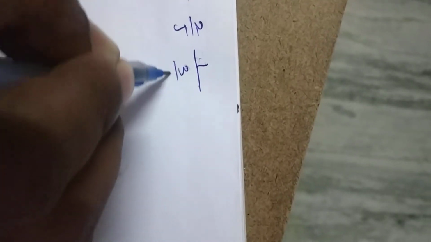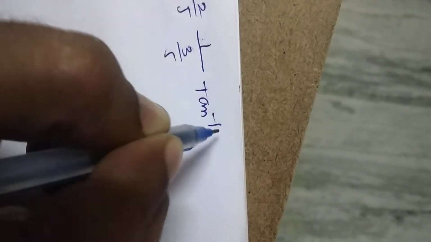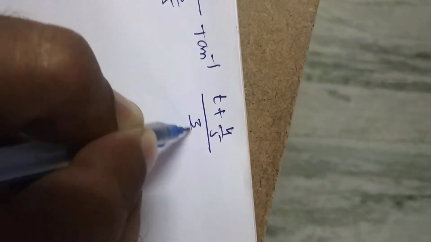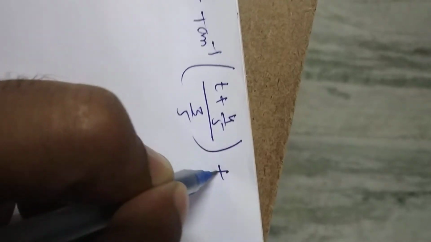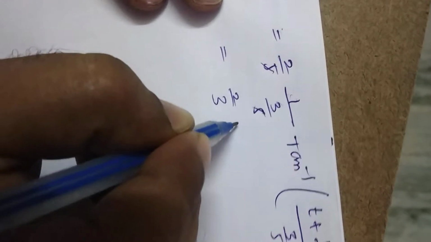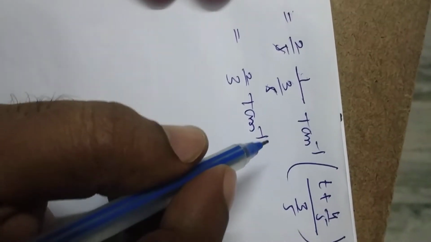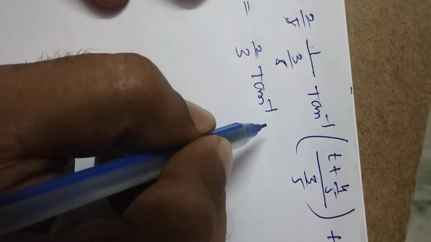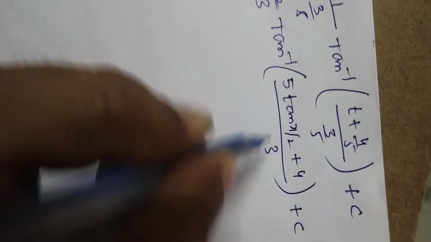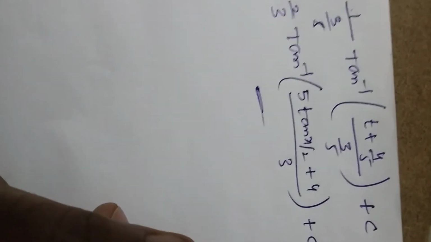That is 3 by 5 into tan inverse of x by a. x is t plus 4 by 5 by a is 3 by 5 plus c. So that is this 5, and 5 also gets cancelled. So 2 by 3 into tan inverse of... So this is what I am substituting it directly. t is equal to tan x by 2. So 5 tan x by 2 plus 4 by 3 plus c I am going to get. Okay, so this is the